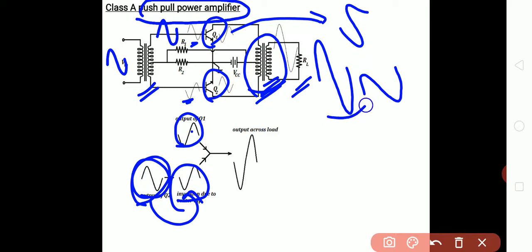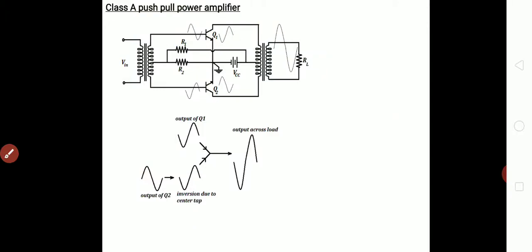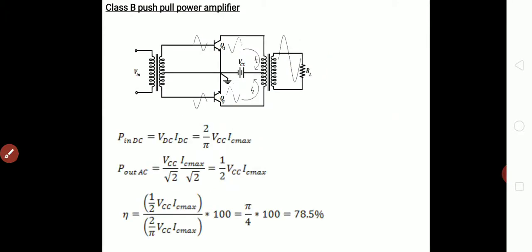which has high strength. Hence, using this push-pull amplifier in the class A power amplifier case, if there are any distortions, we can remove them. Distortions are completely removed, and also the strength is increased. But basically, this push-pull amplifier is not exactly defined for class A. The basic need of the push-pull amplifier is for class B, where the distortions were very high. We need to remove the distortions.